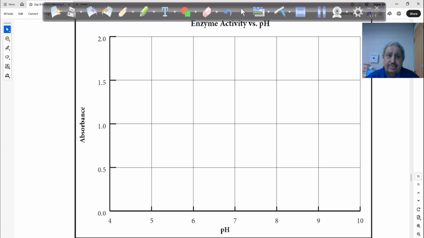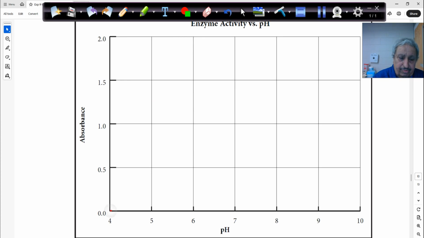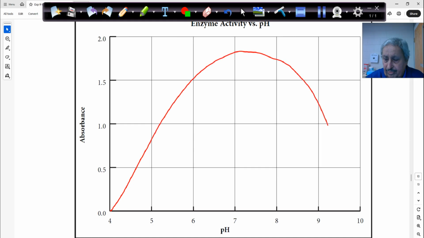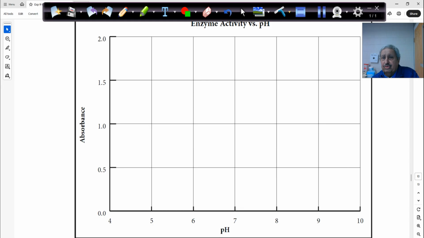And when you have it ready and you plug all this in, you should be able to have it. So then somewhere here is your optimum. Your optimum is here, optimum pH or optimum absorbance. That will be the pH, optimum absorbance of pH. That will be your optimum pH. Okay, so then the last one here is to look at the